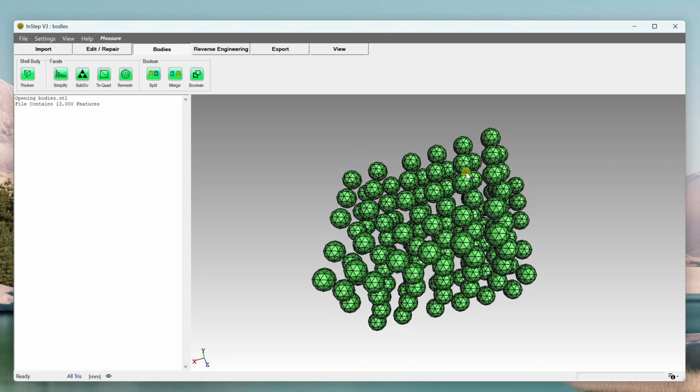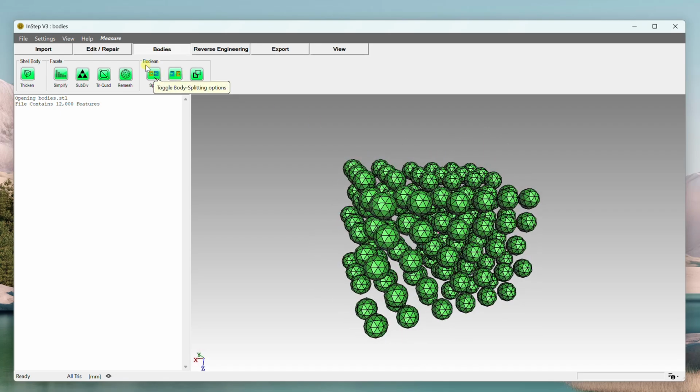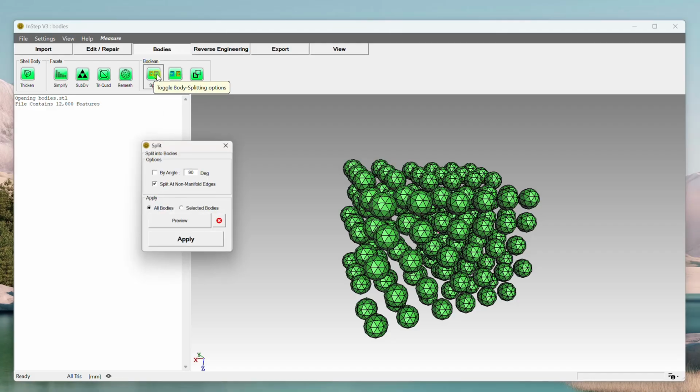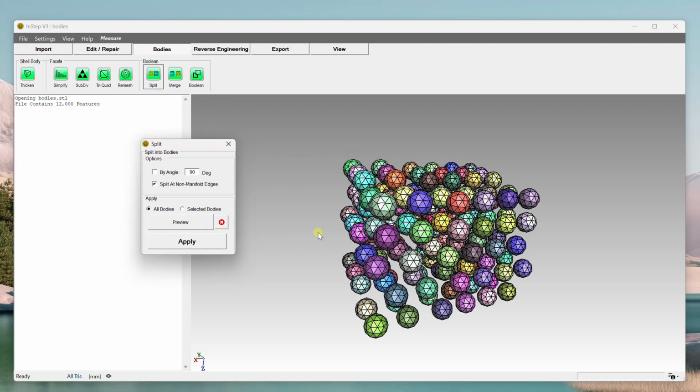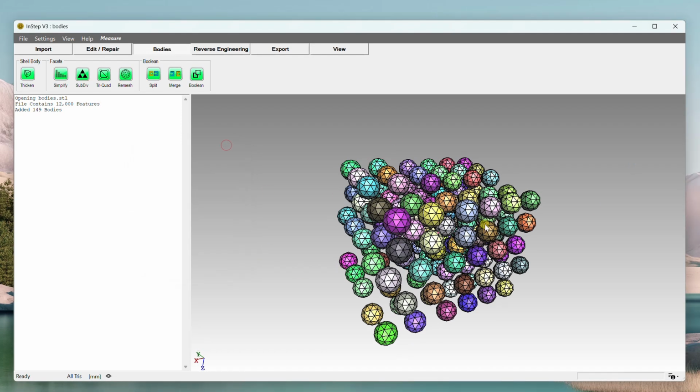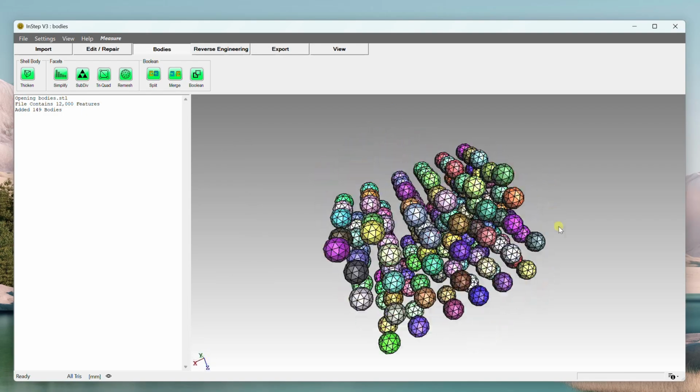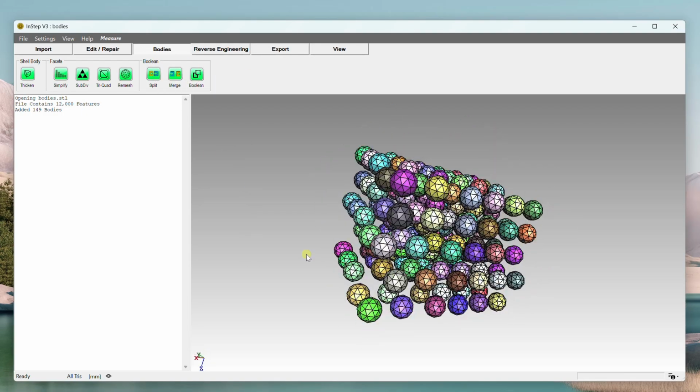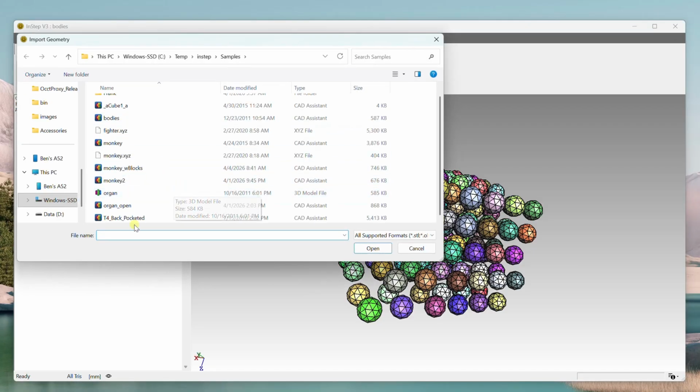We can initiate this manually, so we can go to bodies, and then this is under the Boolean tab. We can do a split, and we can preview what that's going to look like. It's going to be exactly what we had before, and we can do an apply on that, and we get back the same thing we had. However, there's a few subtle differences between using it this way and the other way, and that is that if we import a file that is more geometric in this case,